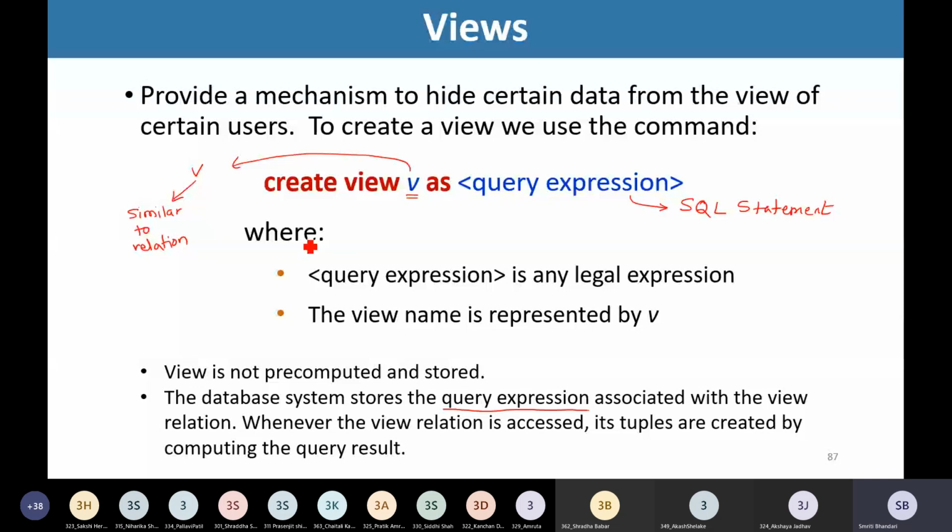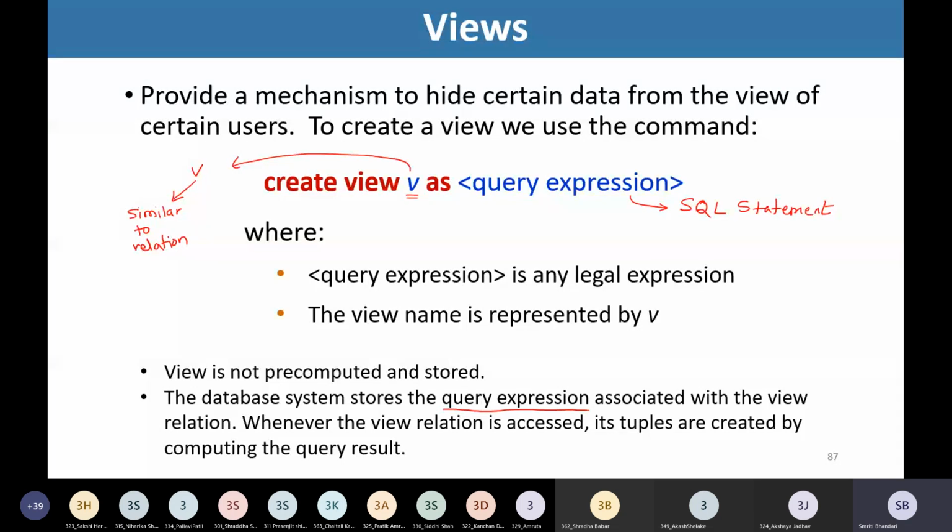So whenever we create a view, we are storing a definition of the view in our database system. Please note that the data as the output of this query is not being stored. So whenever required, on demand, whenever the view is being accessed, the database system generates the tuples based on the query expression in the definition of the view, right?